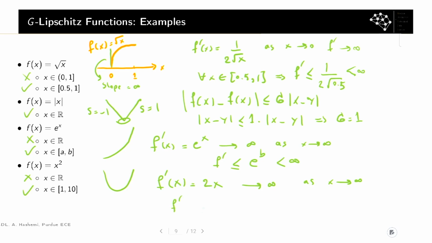In that case, f prime is basically less than or equal to 20, right? So therefore, when I restrict it, the function becomes Lipschitz. All right, so hopefully these examples give you an idea of what kind of functions are Lipschitz, what kind of functions are not. And the main idea is that functions that have a bounded gradient norm, essentially the slope is bounded, are Lipschitz. We have a quantified way of talking about how sensitive the function is with respect to